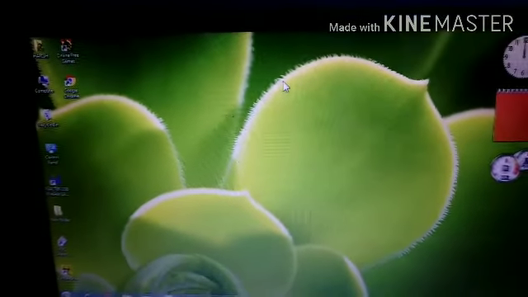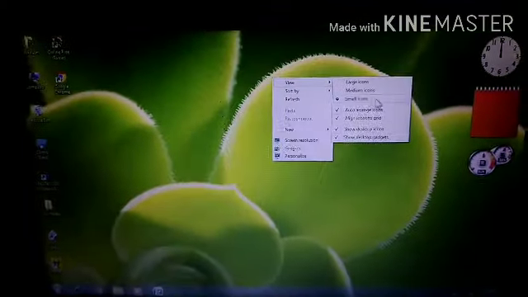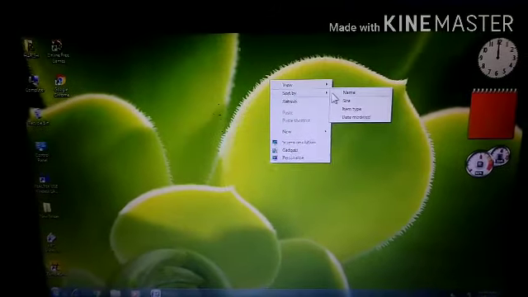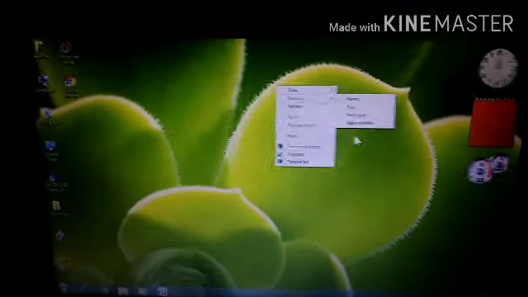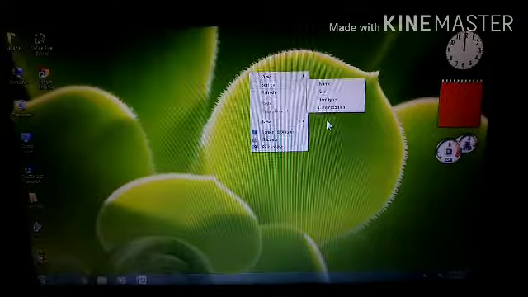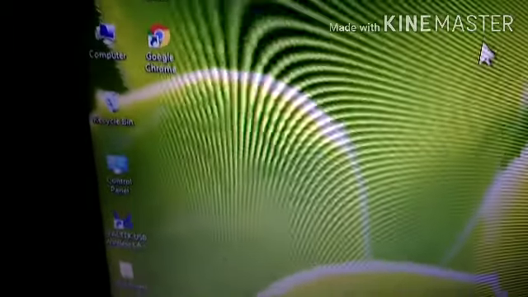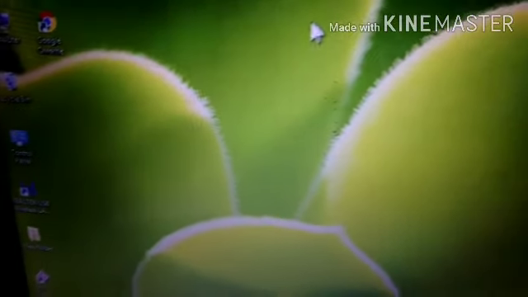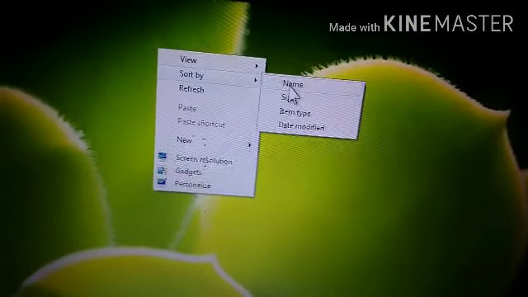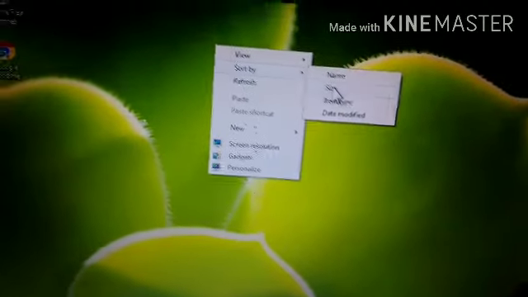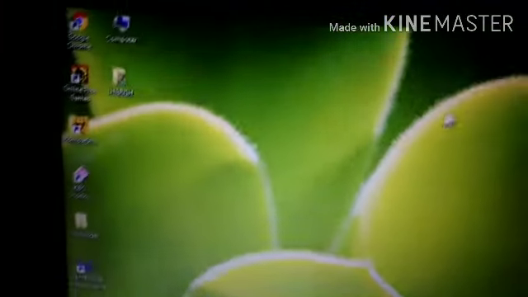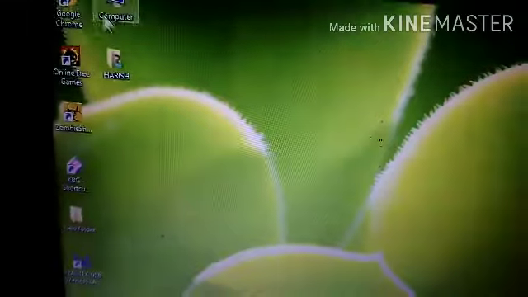You can also arrange icons according to their size, name, item type, date modified, etc. Okay, so first of all, look here. Your first icon is Hari's, second is computer, recycle bin, and so on. So what you have to do is right click on sort, and if you click on size, it will arrange according to the size.